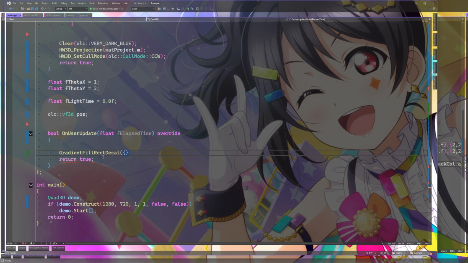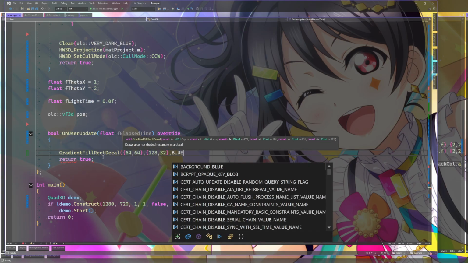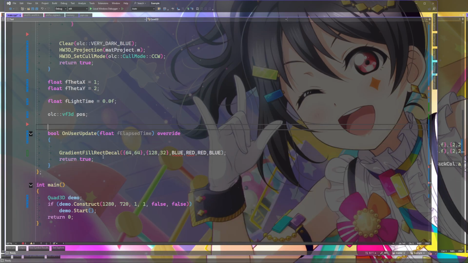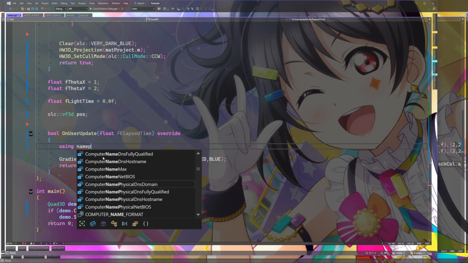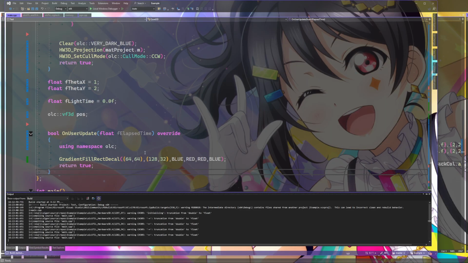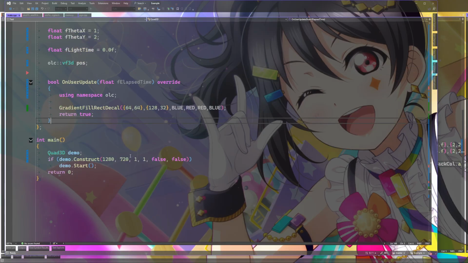Do it from 64, 64. Let's make it 128 by 32 or something. Blue, red, red, blue. Using namespace olc. Okay, a little tiny. Let's go like 256 by 192.